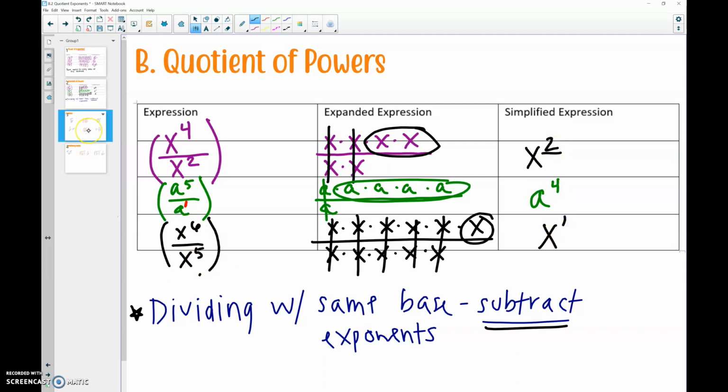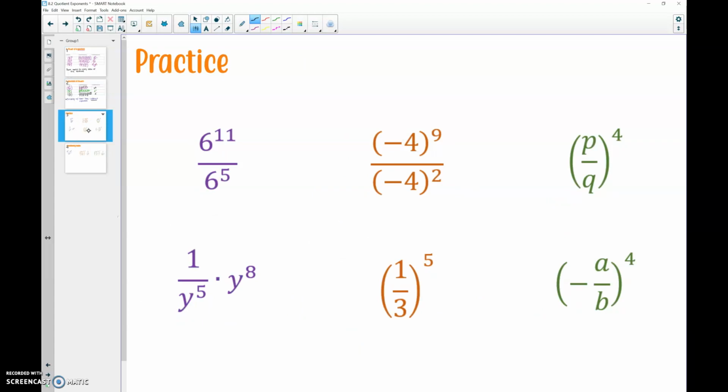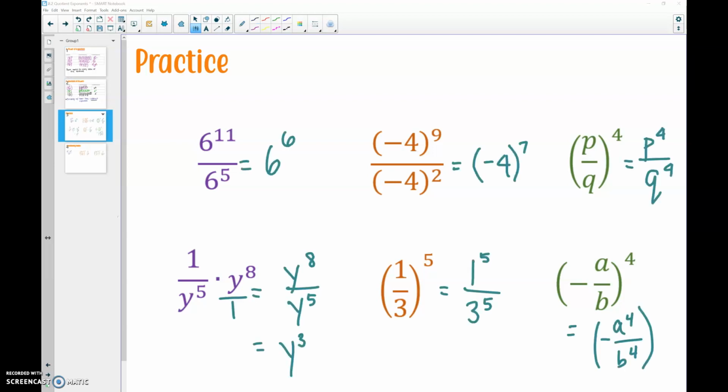Here are a few practice problems for you. Try them on your own first. I'll post the answers and you can see how you did. All right, double check your answers. Make sure you are careful with your negatives, careful with your parentheses, and double check